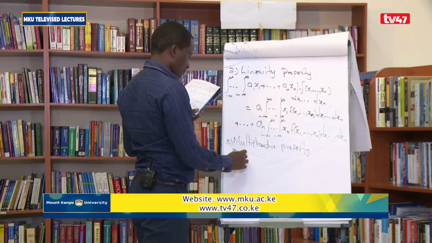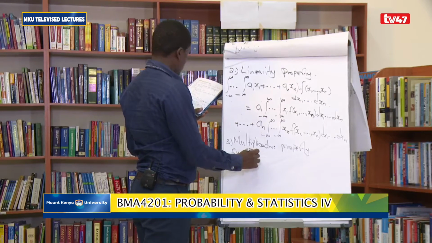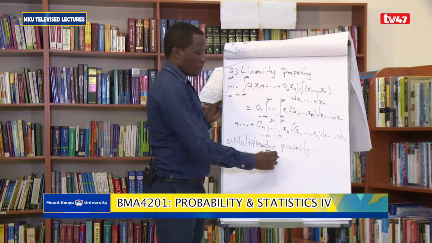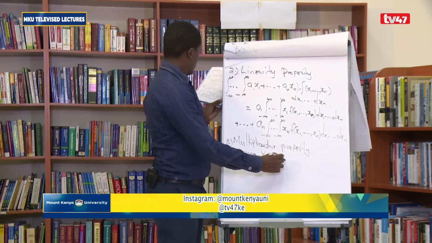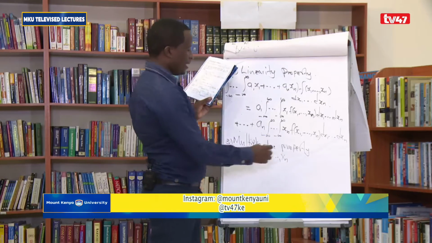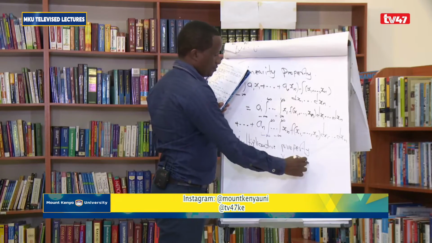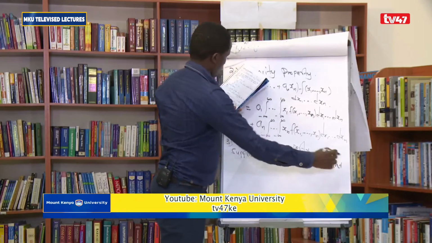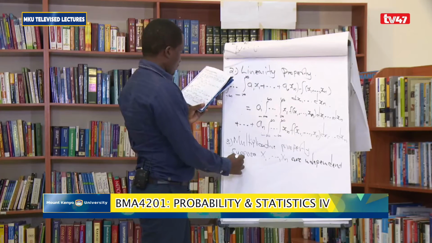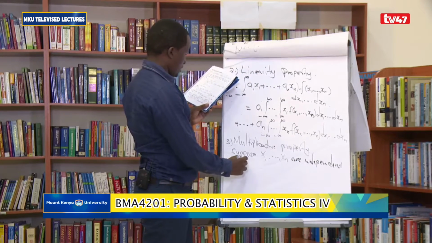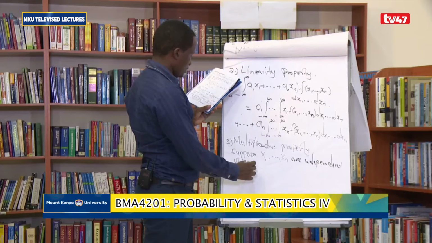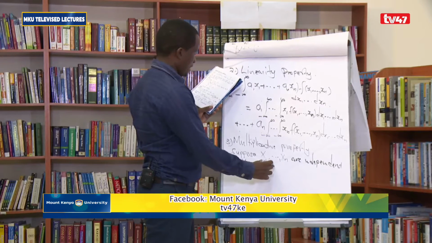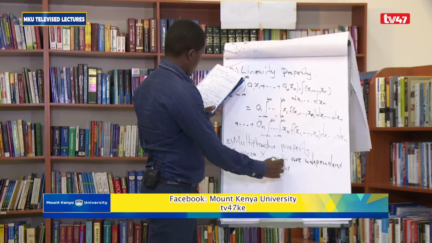Suppose x1 all the way to xn are independent of x1, xq plus 1 all the way to xk, then